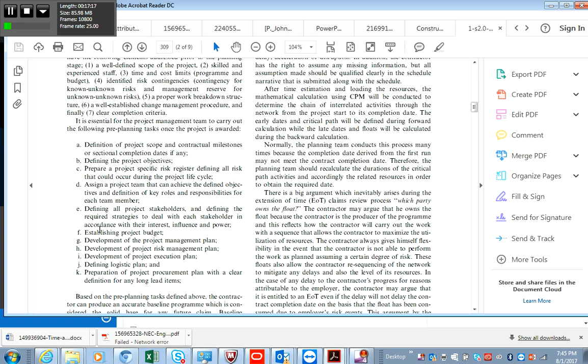Anyway, the requirements A to K, as you can tell: prepare a project-specific risk register, which would usually have color, and as I said, a description of the risks, etc. All of the information is here. Just take about 10 seconds to read through what the requirements are. Defining all project stakeholders, defining required strategies to deal with each stakeholder. Basically, just a pointed